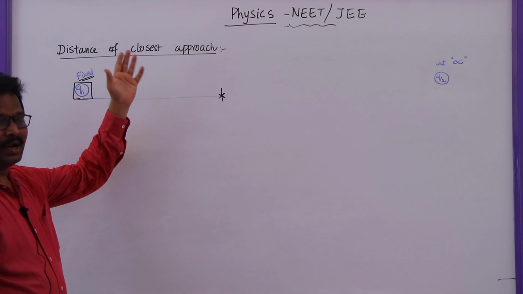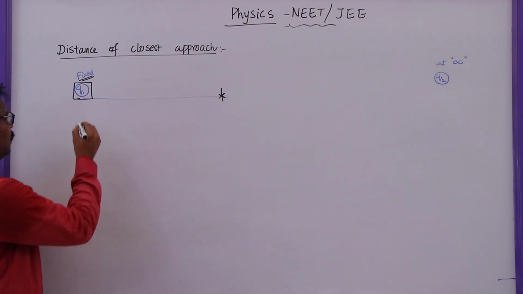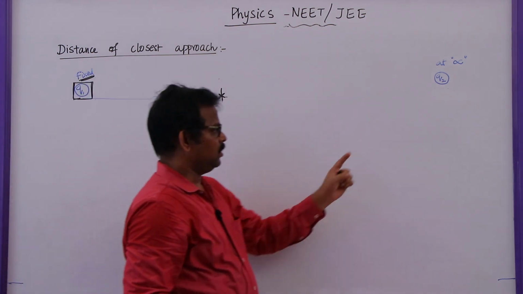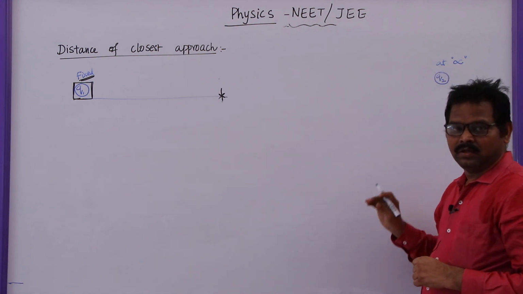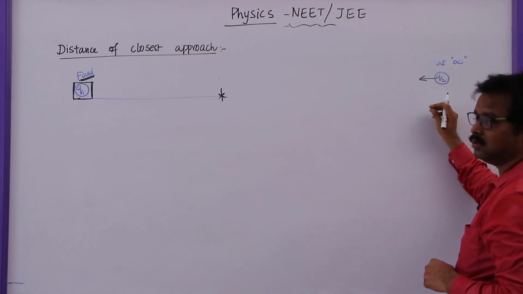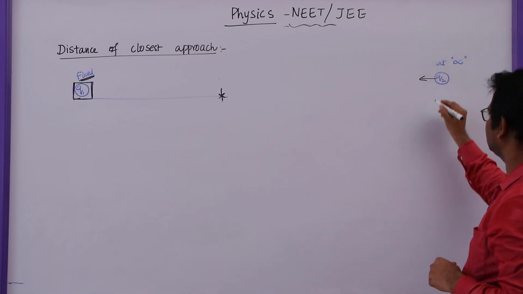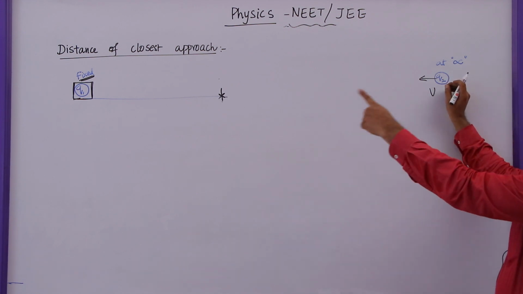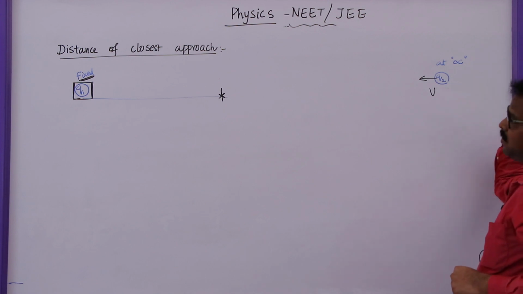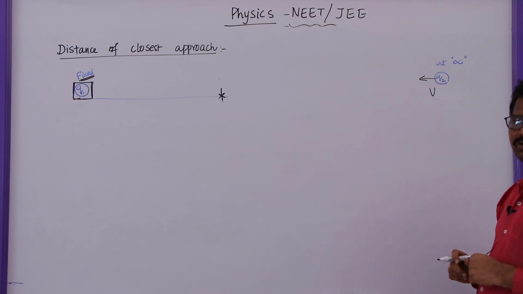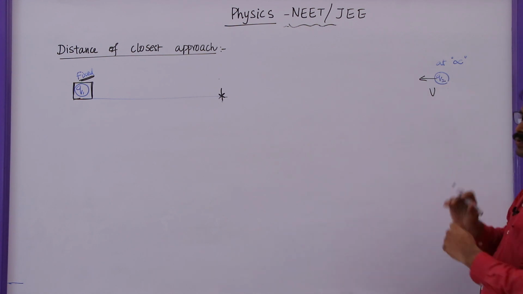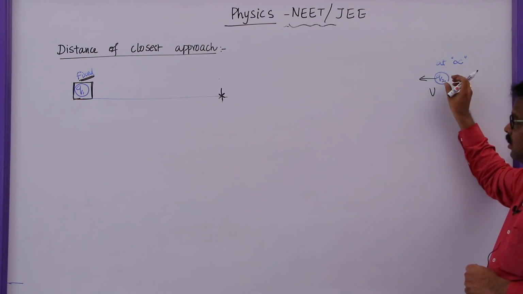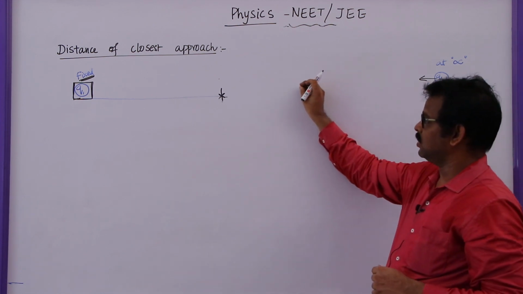Here we are going to calculate the distance of closest approach. I have taken a charge q1 which is initially fixed here. This is a fixed charge, and one more charge is placed at infinity. It is placed here, but if it is thrown towards this fixed charge with an initial velocity v, generally because of the repulsion between these two, it will try to move away, but we are pushing it towards that fixed positive charge, and as it is also a positive charge, these two repel each other, but because of the kinetic energy gained by this charged particle, it will try to move towards this one.